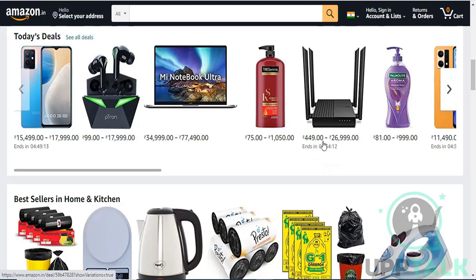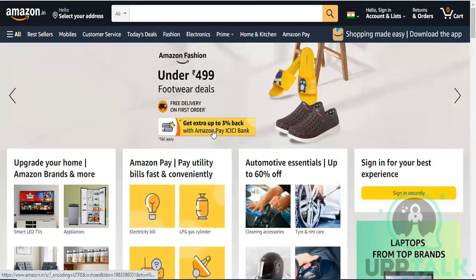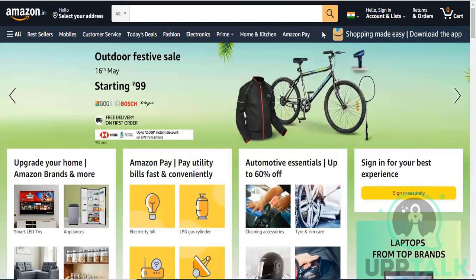That is the power of a CMS, which manages the content of your website. The whole content of your website will be managed by the CMS. Of course, you have the whole look and feel. The Amazon website has a top search bar along with the logo and other things, then below that the navigation, then this carousel, then below that some cards.